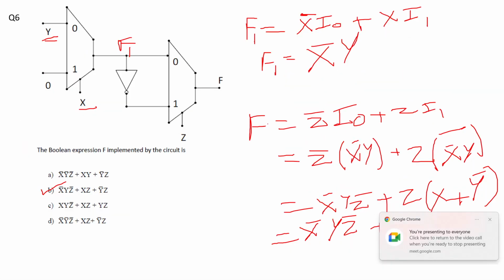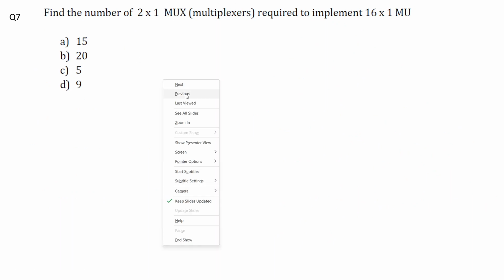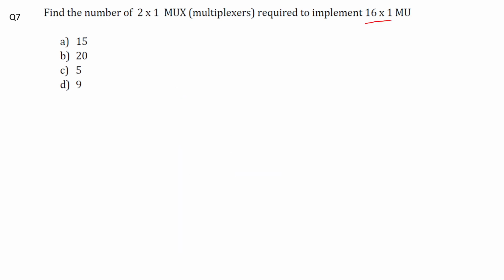Now going forward to question number 7. The question asks us to find the number of 2:1 muxes required to implement a 16:1 mux. Whenever we have a 2 raised to power n cross 1 mux, this can be implemented by